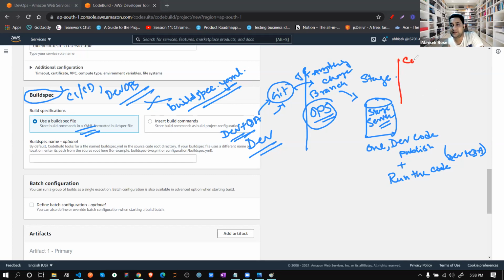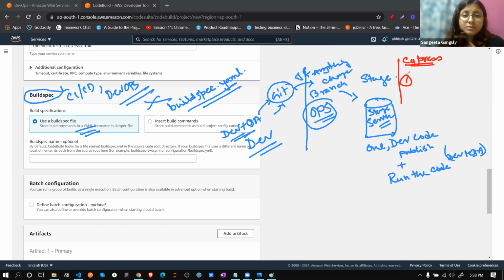Just think of it this way. In Cypress, if you need to run Cypress, tell me what things you need to install. We will say Visual Studio. Visual Studio is a software; instead of Visual Studio, you can write your code on any platform. That's not an issue.